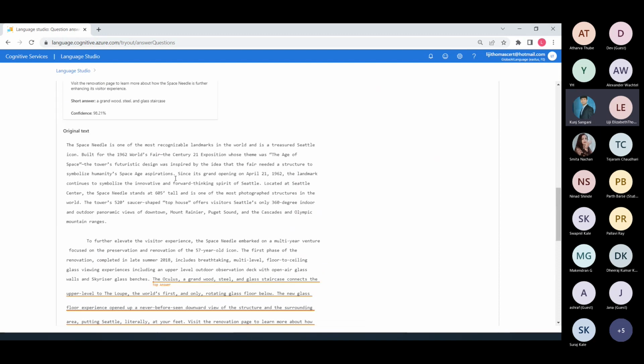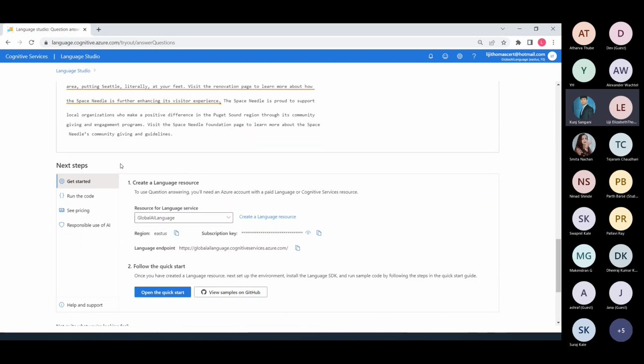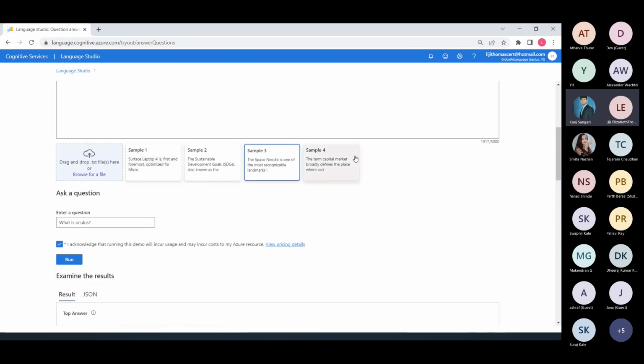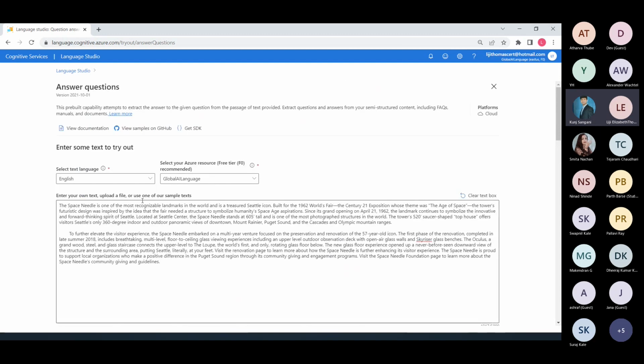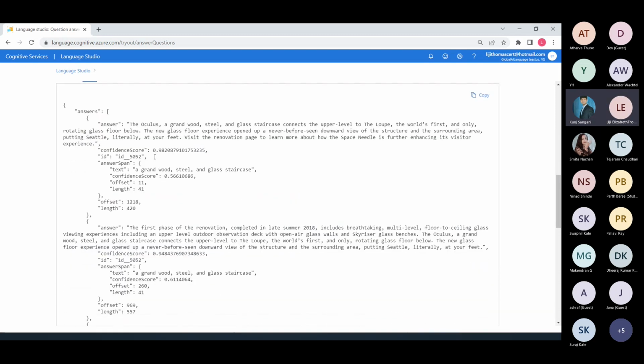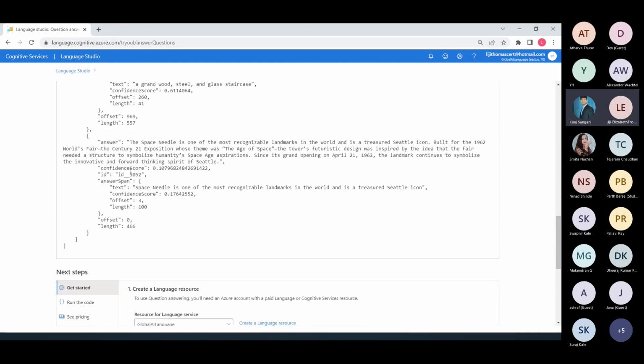But just while we are here, if you scroll down, this is a great UI for you to explore the capabilities of the AI service. Like, how do you know what you're getting out of the box? Do you know the capabilities? You can check out the JSON response here. You can understand, hey, does this serve my purpose? Is this going to help me solve my use case or my business problem here?